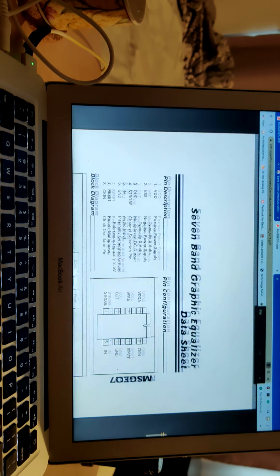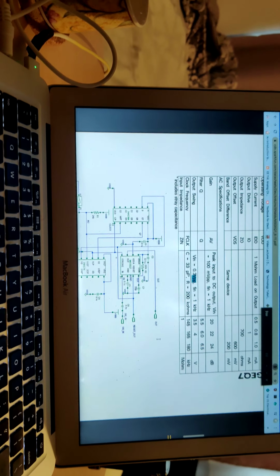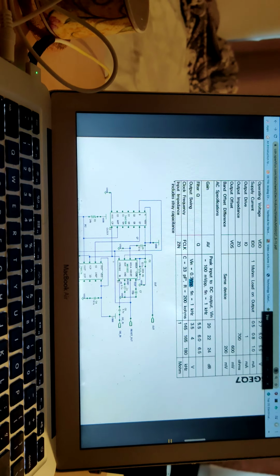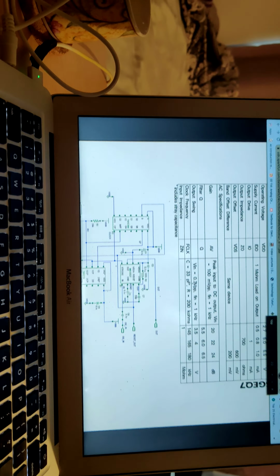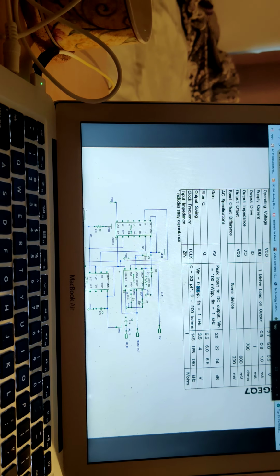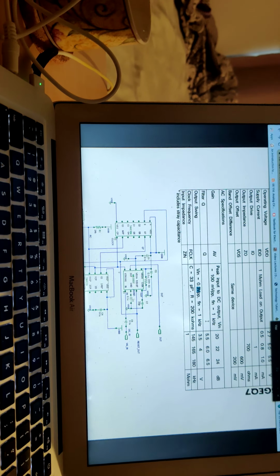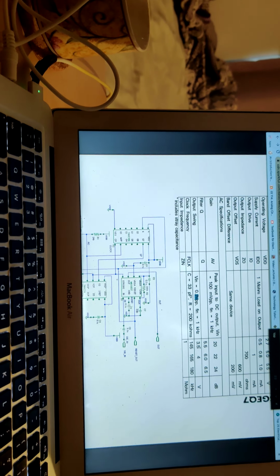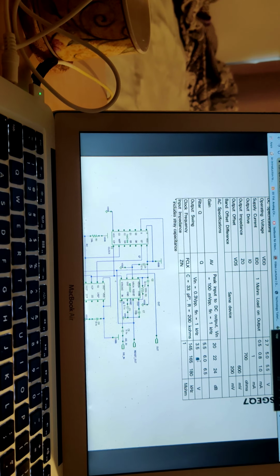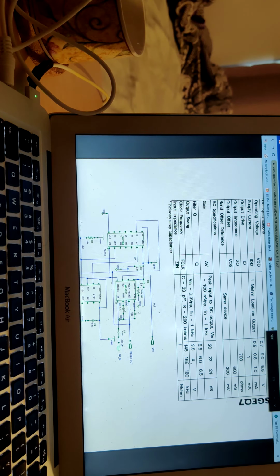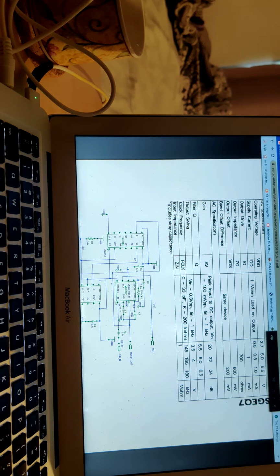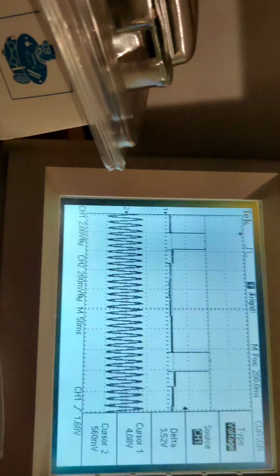And here I can see that if your input voltage is 300 millivolts peak to peak, you have about 4 volts typical, which is true, because if we look here